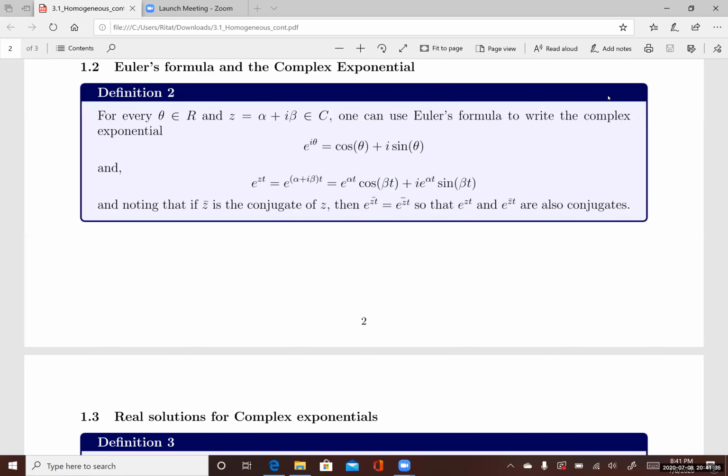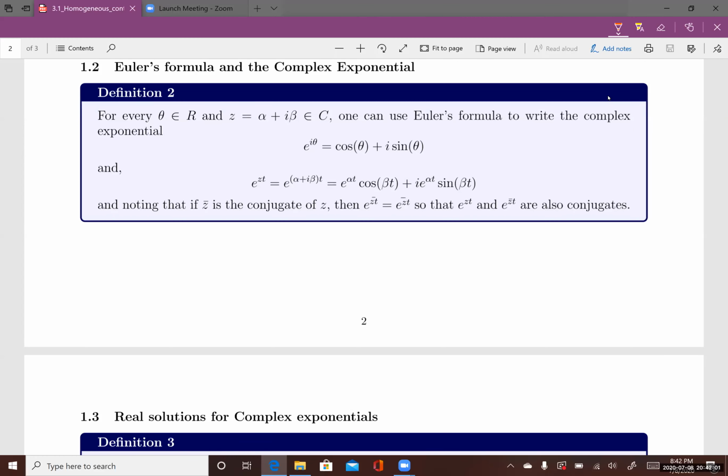This lecture introduces Euler's formula and how to find the real solutions for complex exponentials when we have a complex root of the characteristic polynomial in second-order homogeneous differential equations with constant coefficients. So let's talk about Euler's formula. Euler's formula gives you an idea on how to express a complex